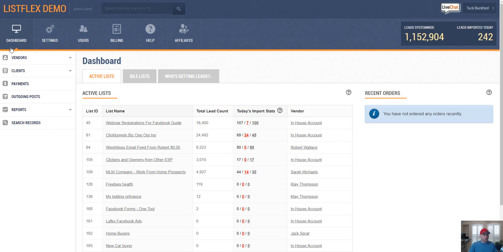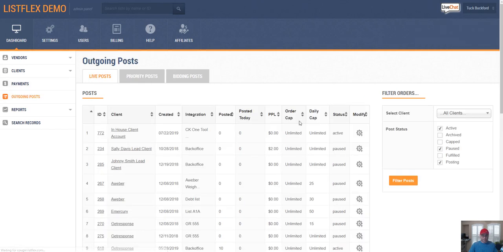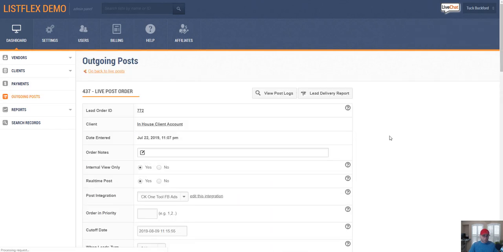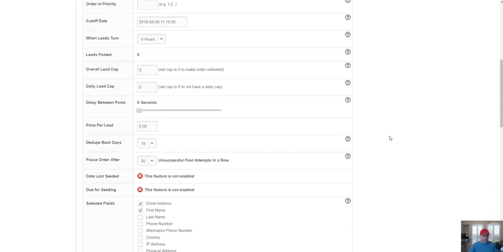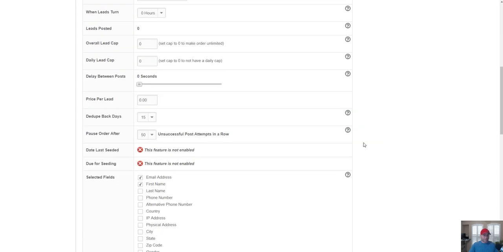So when you are posting leads out to a client, or you're setting up your orders to post leads to a destination or a client, there's a rule in the back office, and that rule is called pause order after. And this rule basically means when you're sending leads somewhere to one of your partners, to your email service provider, your contact centers, any remarketing efforts, if you get more than, let's say, 10 or 50, whatever, consecutive non-success messages, that means the order is going to break, it's going to pause, and it's going to email you letting you